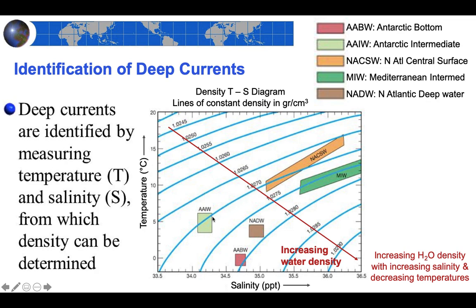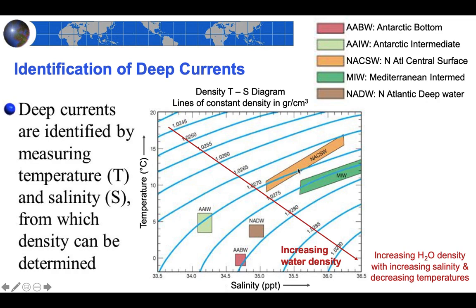So that means that these two deep water masses have pretty much identical density, but yet if you look at the Antarctic intermediate water mass, you will realize that it's much colder, about 5 degrees Celsius on average, and also doesn't have much salinity. And yet the density of this water mass is the same as the North Atlantic Central Surface water